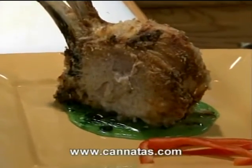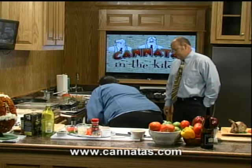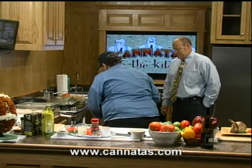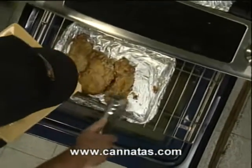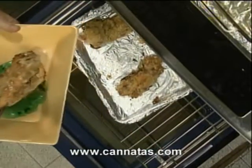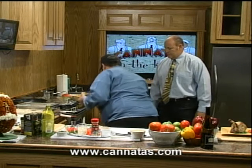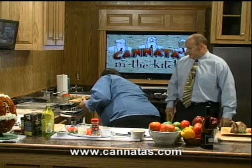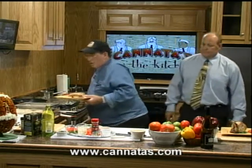Now, let me show you again what my sale item, the sirloin end chop, will look like on the plate. Now, one of these is a gorgeous order. You might have someone that can handle two. And what I did was move this around just a little so that we could see the green color